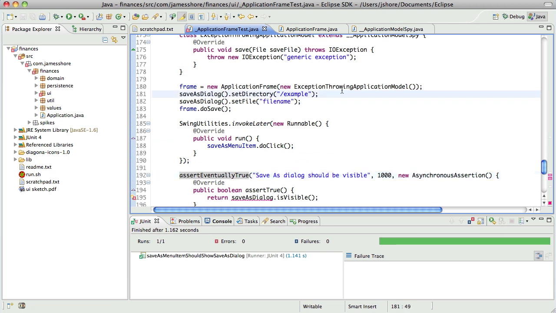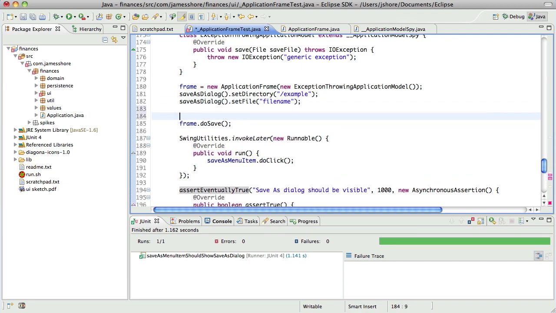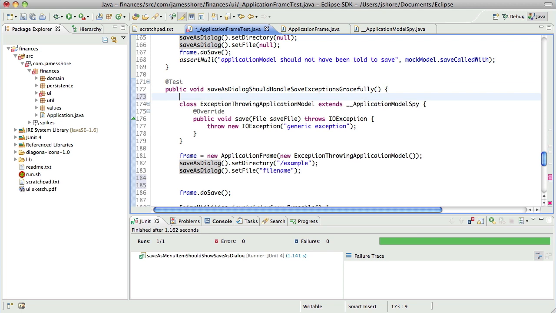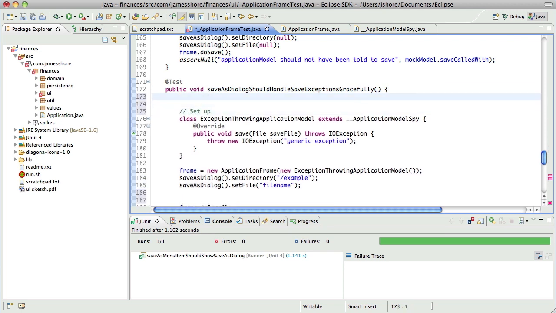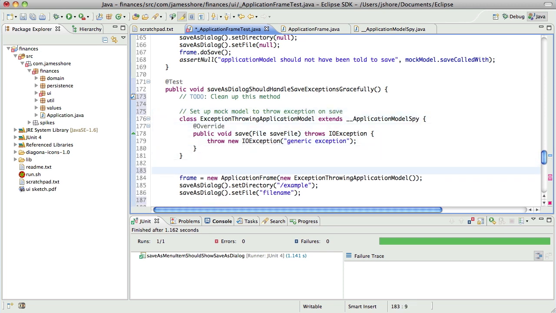Okay, so what we have here is, and let's start putting some comments around this. We're going to have to clean this up, but we're setting, so first off, let's clean up this method because it's all really big and complicated. But first we're setting up our mock model to throw exception on save. And then